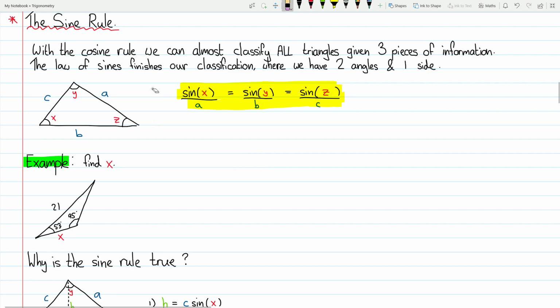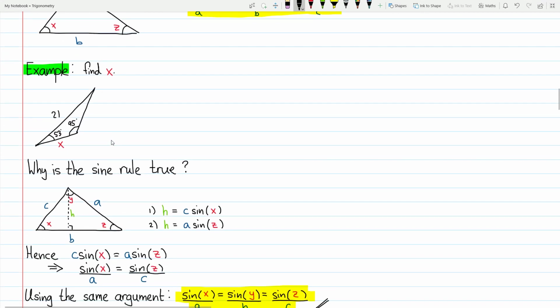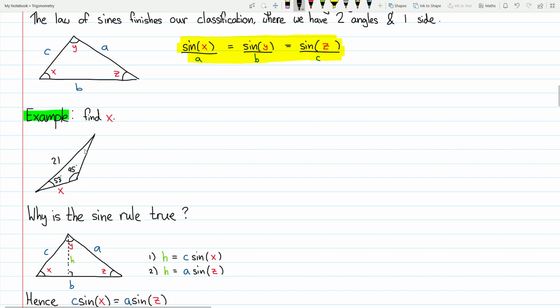So the point being is now we want to understand this sine rule. We'll do a quick example. So here we have not a right triangle, just an arbitrary triangle, and we want to find x. If we look at the sine rule, notice we need the angle opposite this side. So we need this angle here, which I'm going to call angle A. Well, we know what A is, because the interior angles of a triangle add to 180. So A plus 95 plus 53 equals 180,